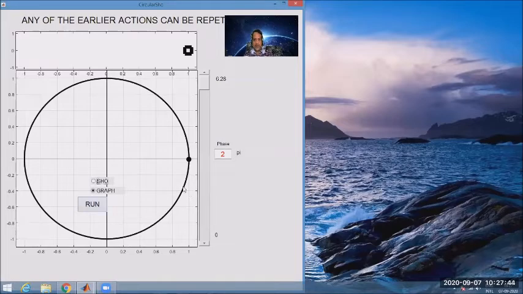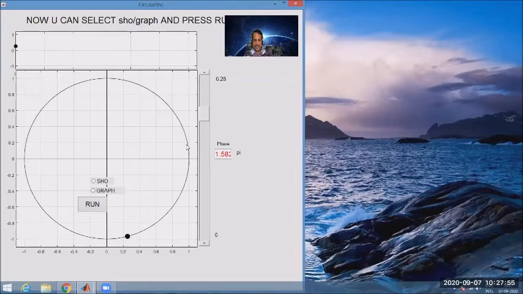Now there's one more parameter which is used in physics, the initial phase. To understand the initial phase, the phase at the starting of the motion is known as initial phase. For example, the initial phase is 1.28 pi, or if it's here, the initial phase is 0.49 pi. So what it means, if I start a motion with 0.49 pi, observe what happens to the cosine graph.